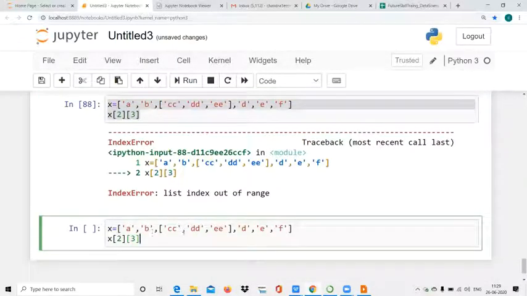Similarly, I can put one more list here, A and B, right? Now let's see what this element was. From above you know that this was index 2, so this is the x[2][2] element.